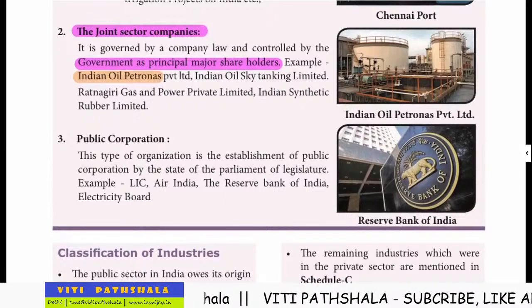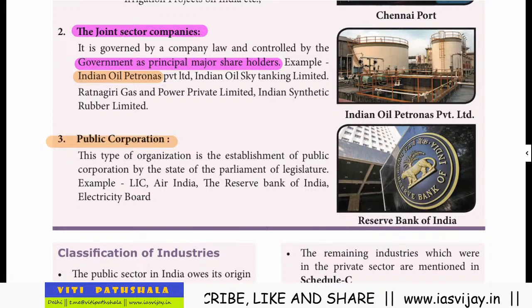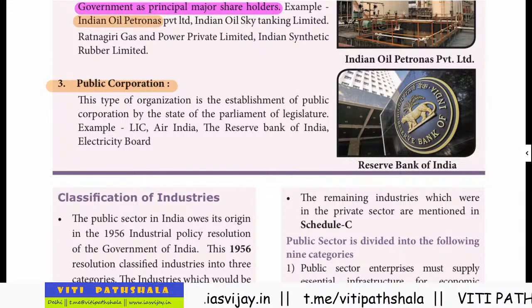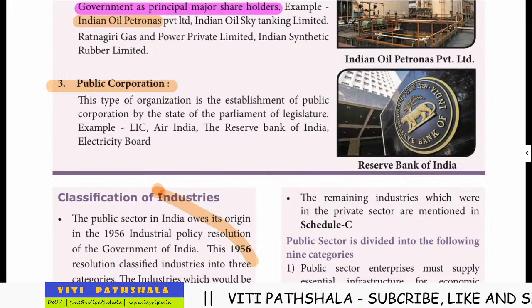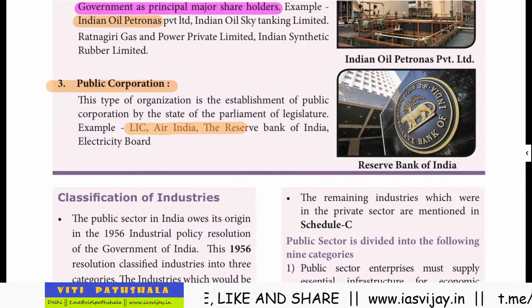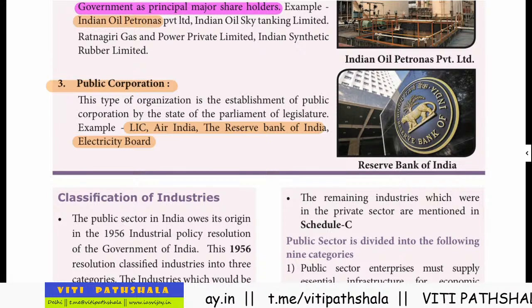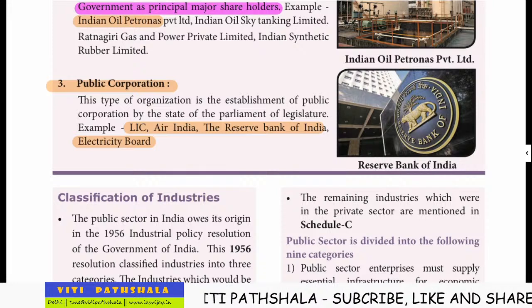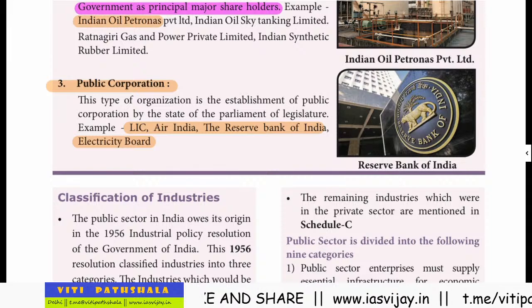Then the third type is public corporations. Now, this type of organization is established by an act of the parliament or the state legislature. Here you will find that the examples are LIC, Air India, Reserve Bank of India, and the Electricity Board. Now, it was in the news that the stakes of LIC and Air India have been sold. So